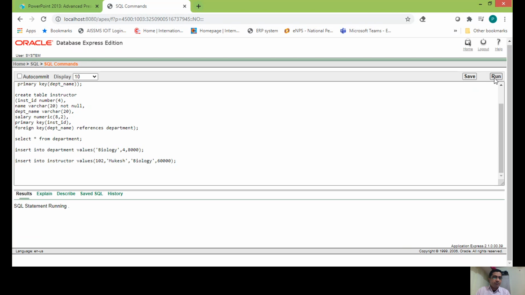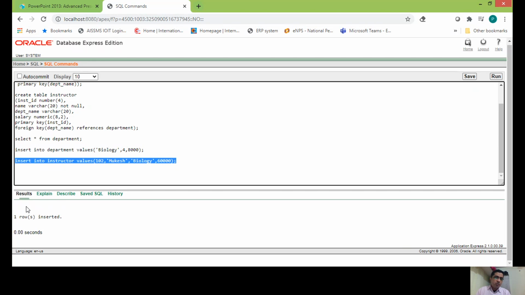You see the statement is running, so one row inserted. Earlier what was happening, this biology department was not present in department. So let us move back to our presentation.